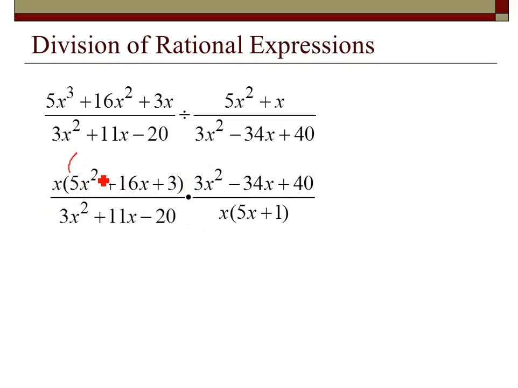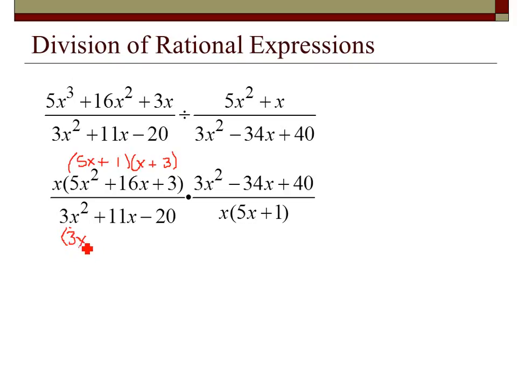And at least to get 5x squared, the only way to do it is 5x and x. The signs are the same. I want to get a middle term of 16, so if I did 15 and 1. Okay, which kind of makes sense because I can see that 5x plus 1, see how those cancel. Now on this one,